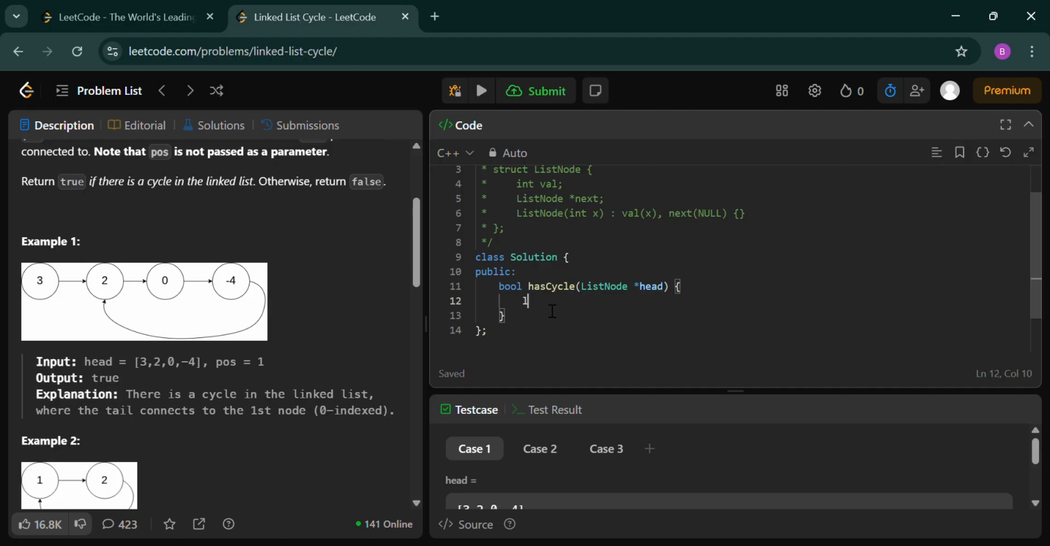First you have to create two pointers, just like we find the middle of the linked list. ListNode slow equals head, and then ListNode fast equals head. Then you put the slow and fast pointers at the head and traverse through the linked